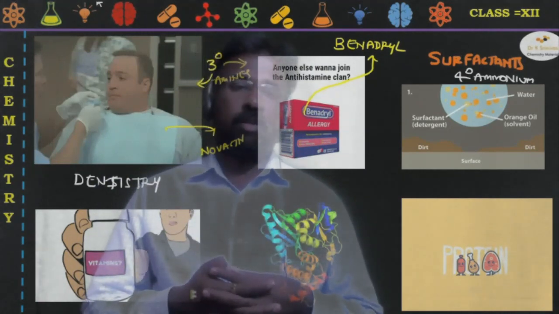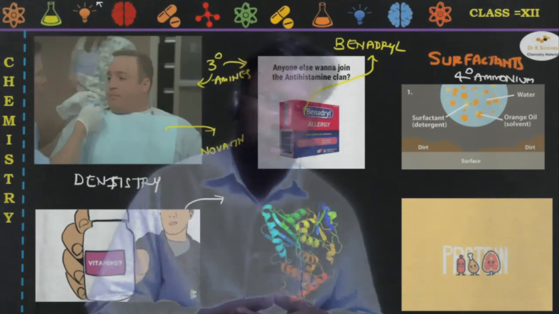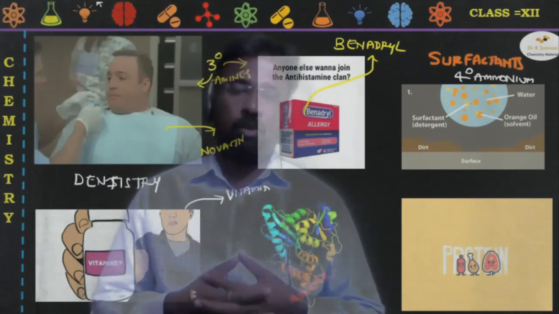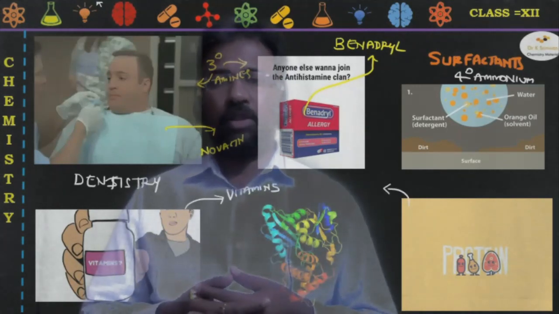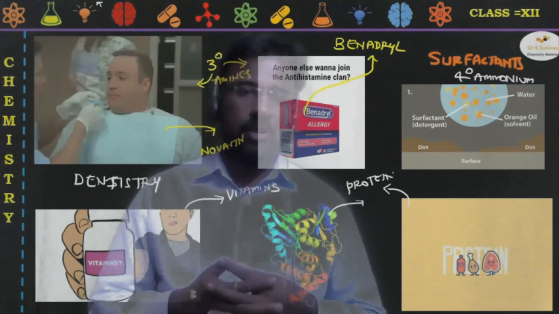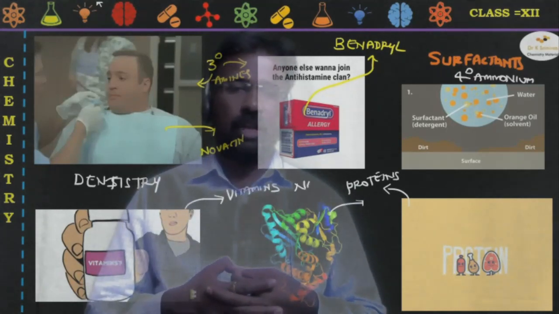Not only these things, in nature biologically we are going to have different amines which are available, in the form of vitamins and proteins. Of course, proteins are nothing but the combination of amino acids, where amino acids result in the formation of a peptide linkage. Likewise, we are going to have many.